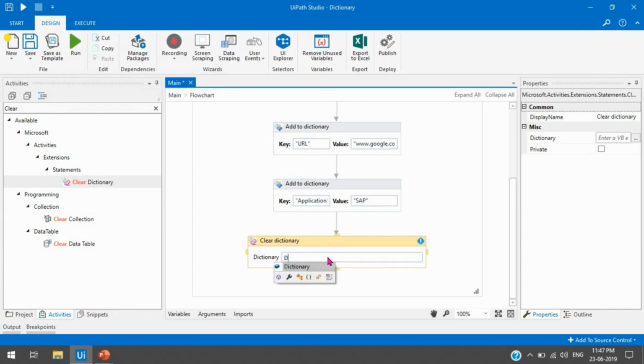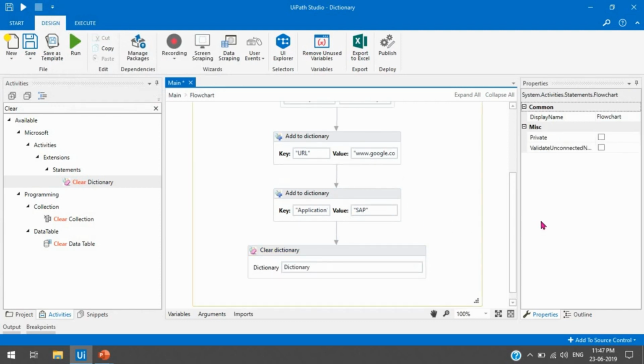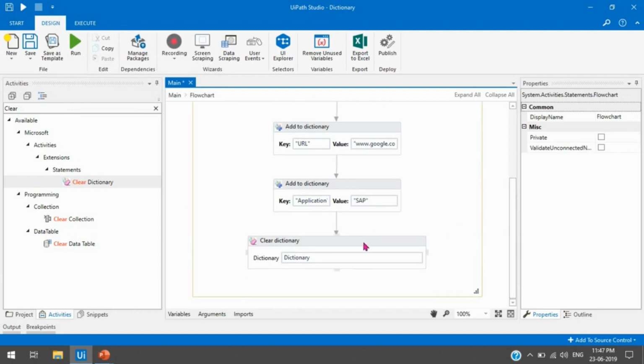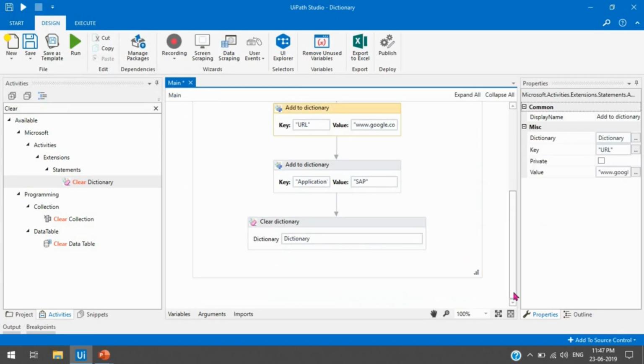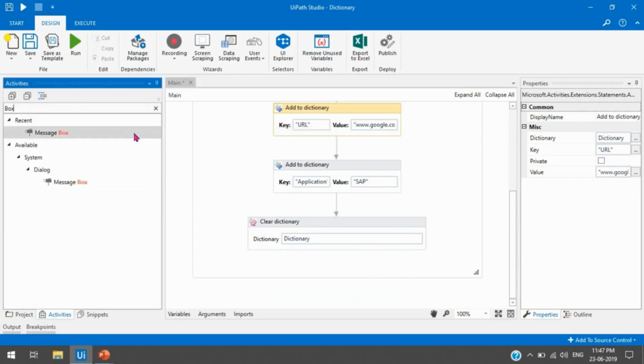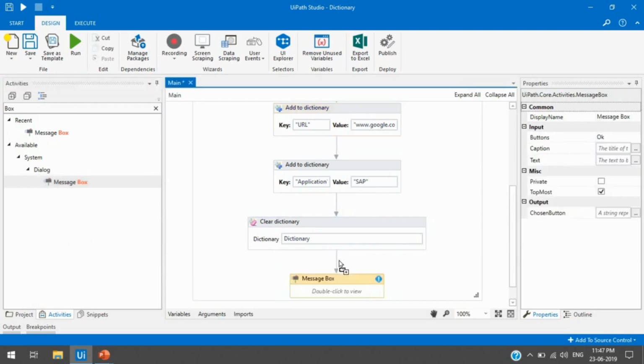Now it is asking what the dictionary is. Our dictionary name is dictionary, this one. Once we run this, our dictionary will be cleared. It means all the records will be removed from this dictionary. Now let me take one message box so that I can show you whether there is data available in this dictionary or not.